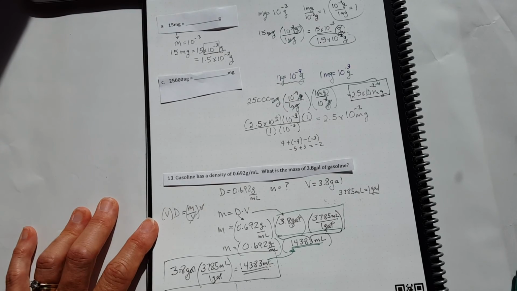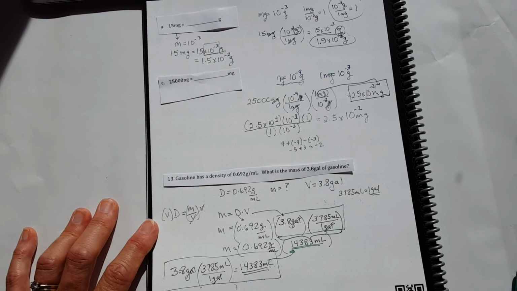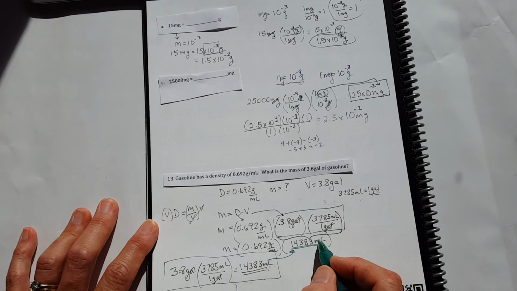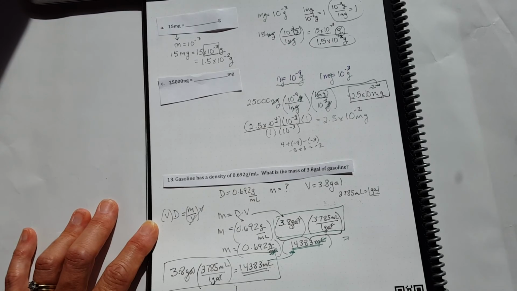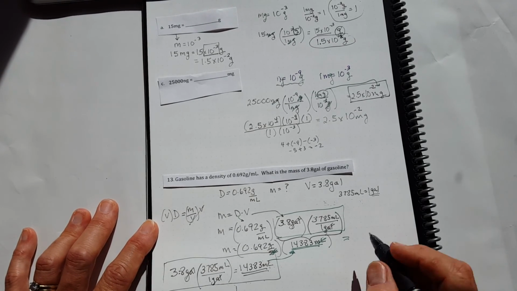So you can do a conversion right in your equation. And so now when I do this, 0.692 grams per milliliter times 14,383 milliliters, milliliters cancels, and I get 9,953